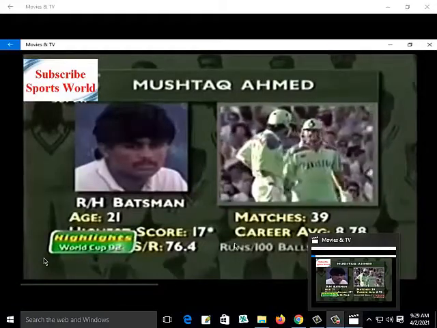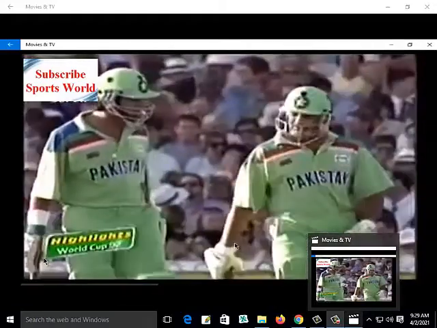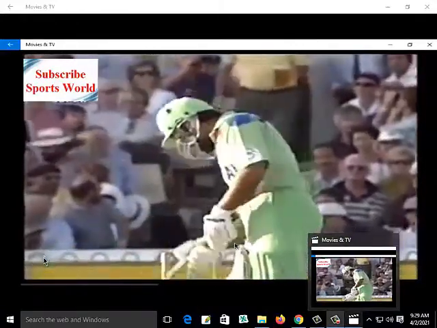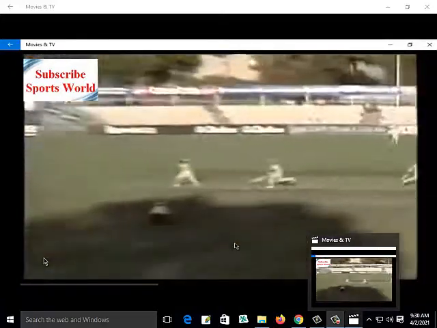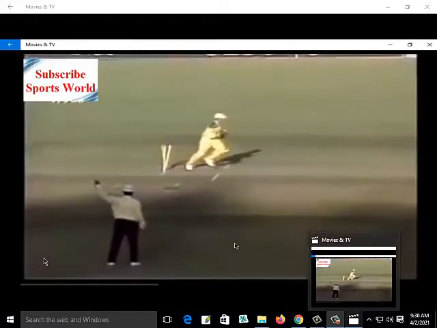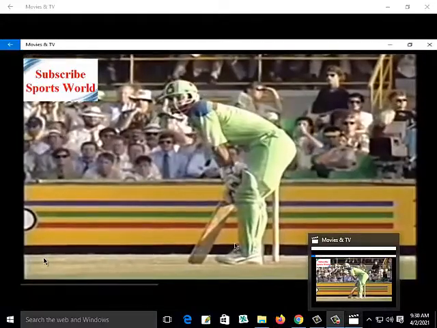Unfortunately for Pakistan, that seemed to be a decision that went wrong. The wideness of the throw gave the batsman a chance to make his ground. It was quite a fast throw from Reid to pick up and throw. Healy took some time to get the bails off because of the width. The umpire reeled him out.